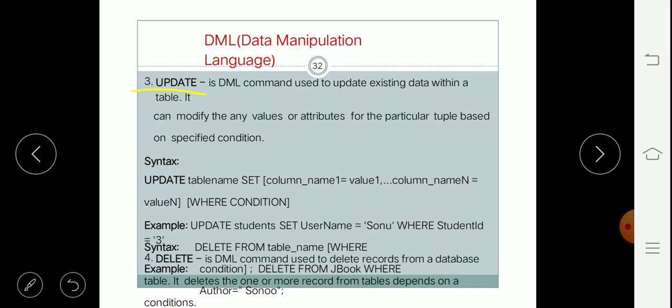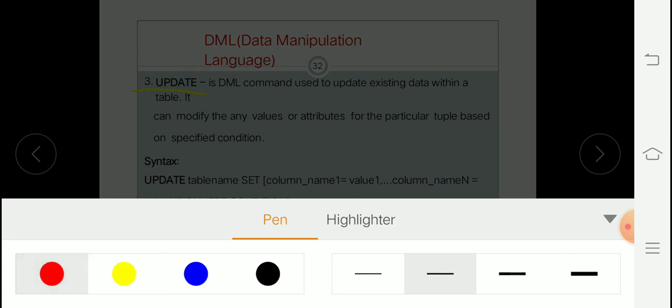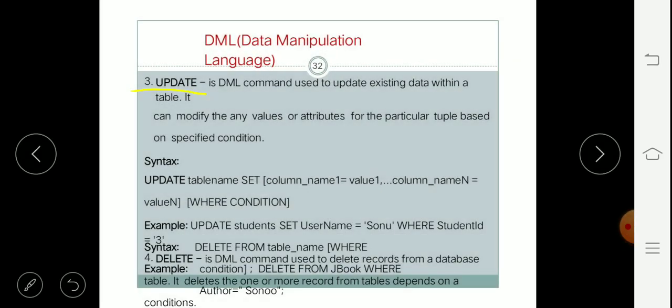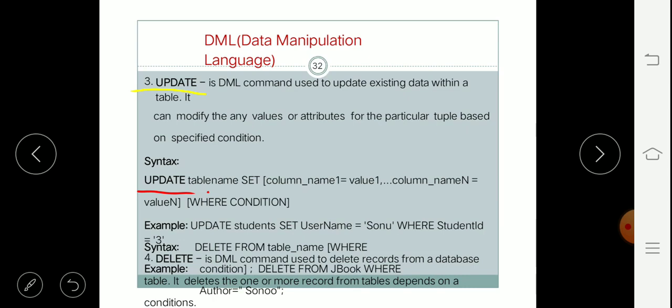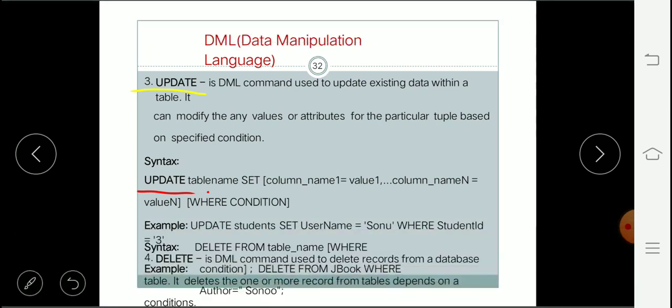And the syntax for this is: update table name. Update is a keyword, then we write the table name, then set. This set is an important keyword here.